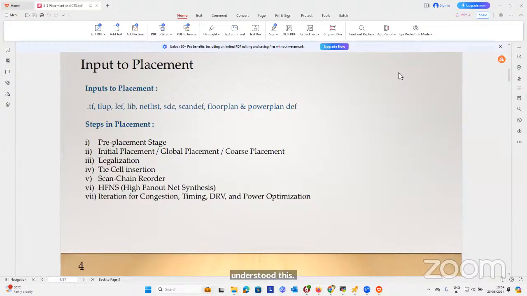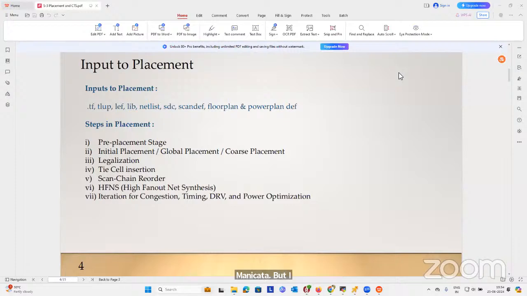Srilata, did you follow the concept? Sushmita, clear. Vijay Durga, Venkata Lakshmi, Manikanta,